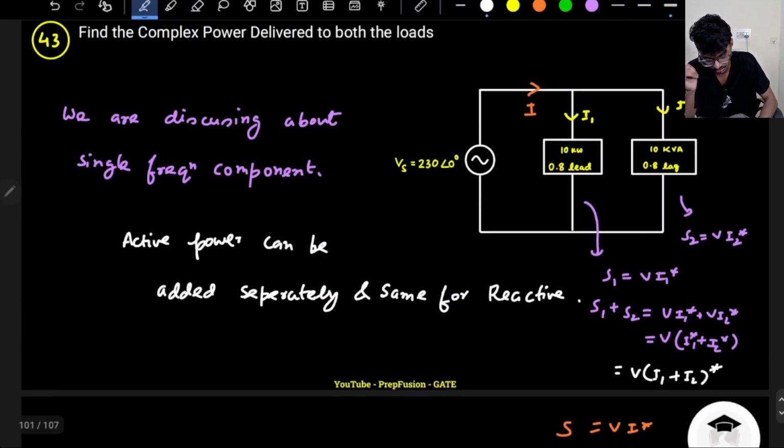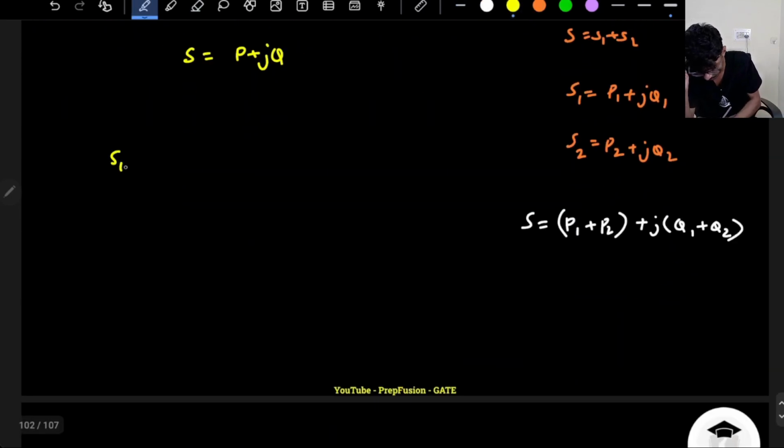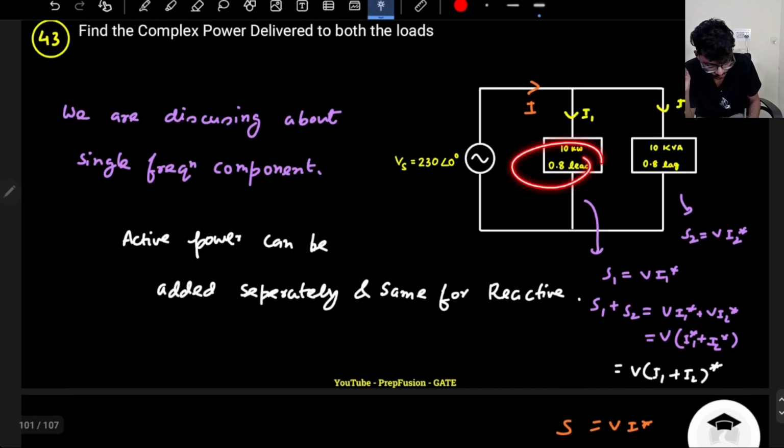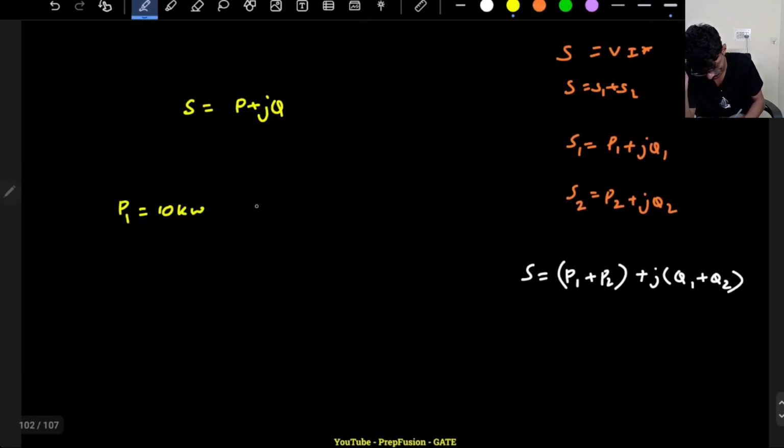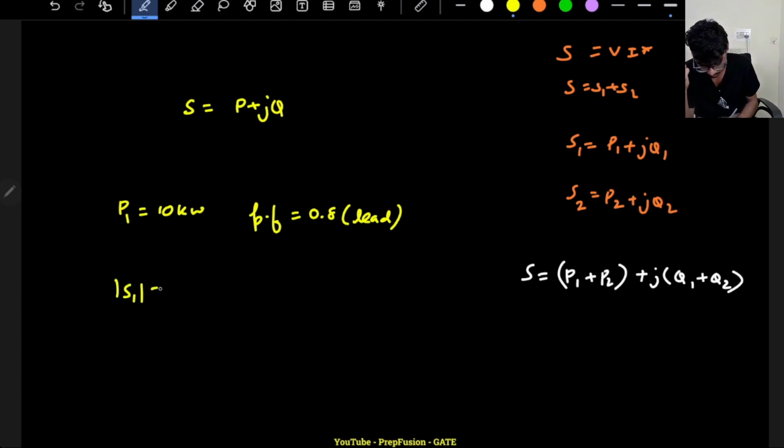Now let's individually calculate the powers basically. So S1, I don't know what is S1, but something they have told me: P1 is 10 kilowatts. This much information I know, and the power factor is 0.8 leading. Can you find out Q? Can you find out S1? So magnitude of S1 will be what? There is a formula, right? What is the formula of power factor? It is P1 by magnitude of S1. What is P1? P1 is 10 kilowatts